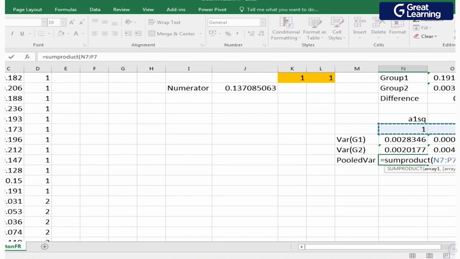I have to lock it because the coefficient has to be same. That will be same for both. I lock it, comma, this one,